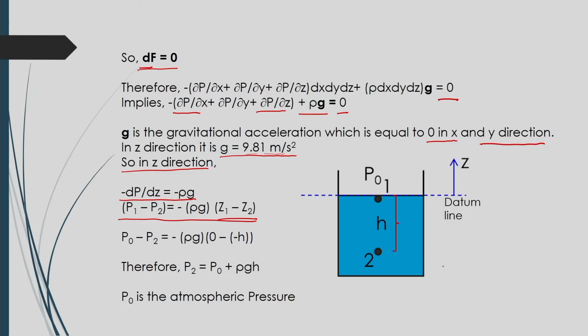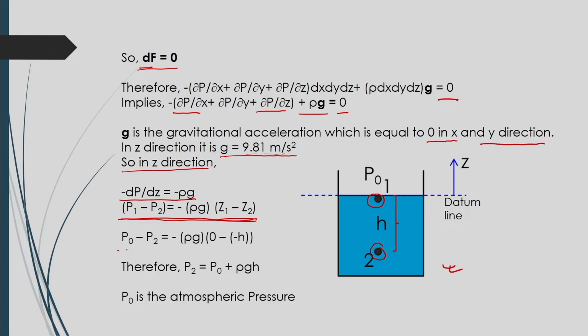So, in this case, as per the figure shown here in the slides, if we consider the 2 points on this fluid element, at the surface we denote point 1, and at a depth h, point 2. At point 1 you will get only atmospheric pressure, whereas at point 2 you will get the pressure at a certain height h. That h will be equal to the hydrostatic head,